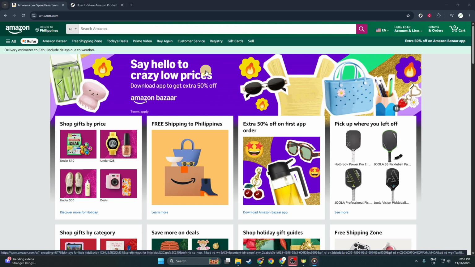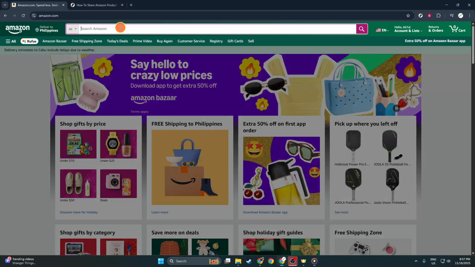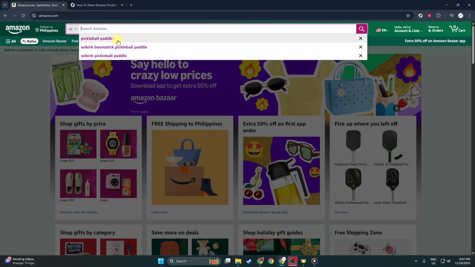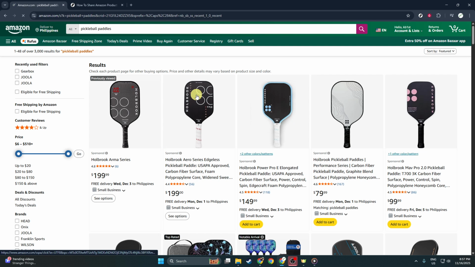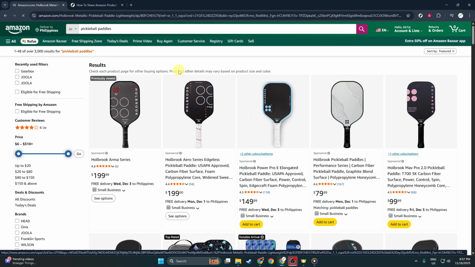Next, direct your attention to the search bar at the top of the Amazon homepage. Click on this bar where you can type the name of the item you're interested in sharing. Make sure you're as specific as possible to get the best results. Press Enter, or click on the magnifying glass icon to search for the product. Browsing through a myriad of similar products can be overwhelming, but using precise keywords will help you find the exact